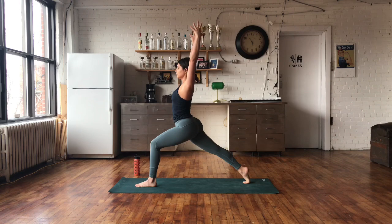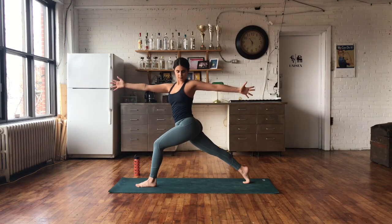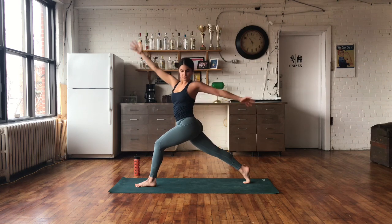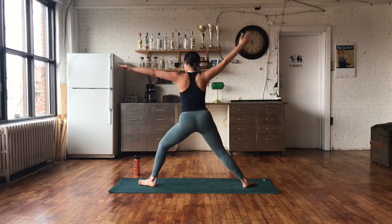Now let's reach the right arm forward and bring the left arm back, twisting and bringing the gaze towards the left. On your next inhale, reach the right arm up and back and place the left fingertips onto the back right leg. Come back up, extending the arms out to the sides,